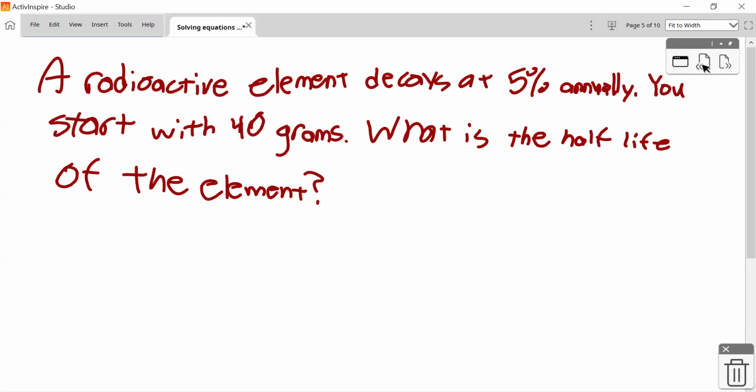But let's take this problem real quick. Again, I wasn't trying to make this super duper long. A radioactive element decays at 5% annually. This also came from the growth and decay worksheet that y'all had, the one where I scratched out some of the problems. This was number 9. Y'all did one of the two parts of number 9. You had the radioactive element decaying at 5% annually, starting at 40 grams. And y'all figured out how long it would take,